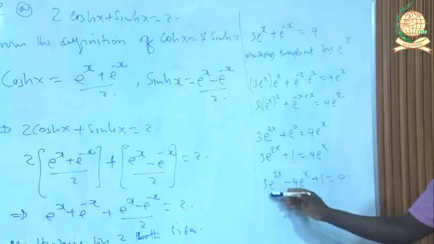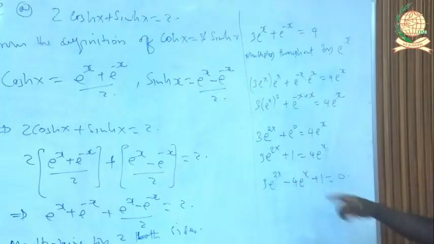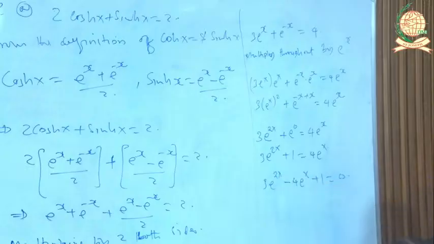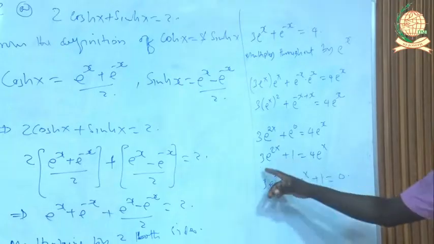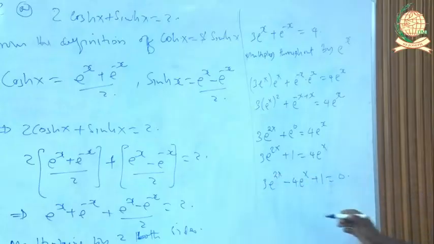This is just e^x squared, and this is e^x. It is written e^(2x) because of the factor 2 here, which was e^x squared before. So this is (e^x) squared, and this is e^x without being squared. So you can see this is a quadratic equation in terms of e^x, because this can be written